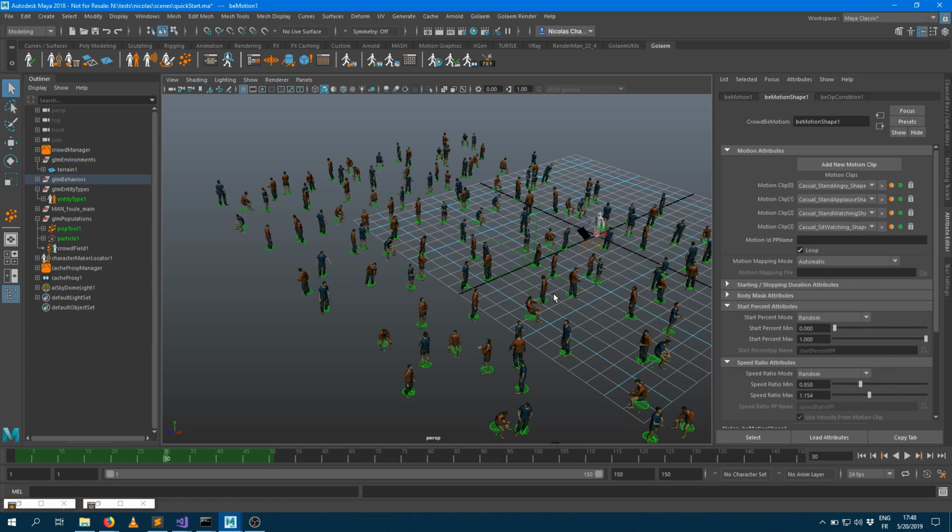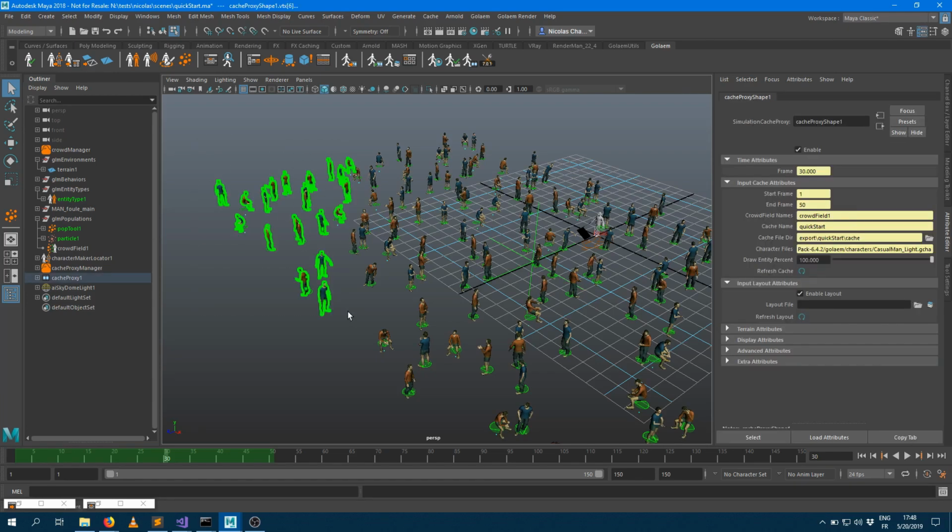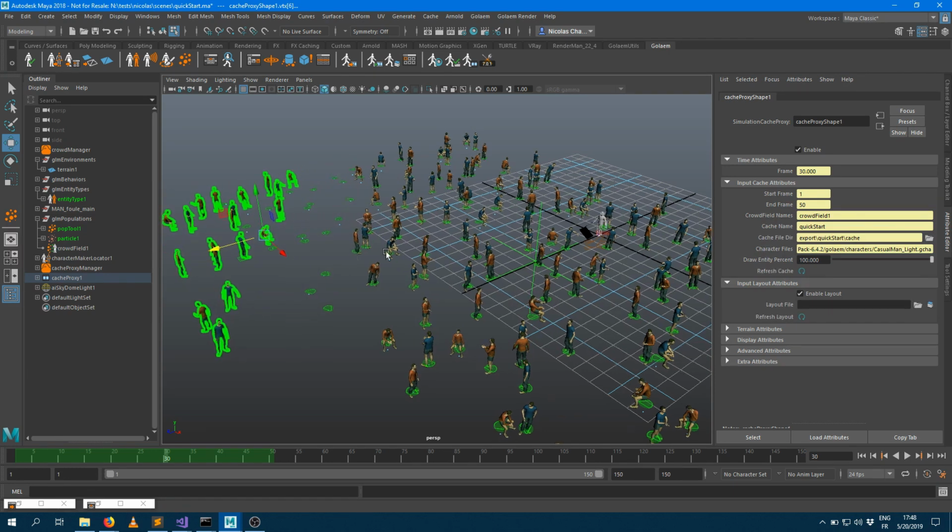To go into layout mode, you have to press F9 on your keyboard, which is the component mode for Maya. As soon as you are in F9 mode, you can select a bunch of characters and they're going to be outlined in green. And you can apply deformers, as you would apply any deformers on any Maya objects. So here I press W to get the translate tool, and I can just grab my characters and translate them